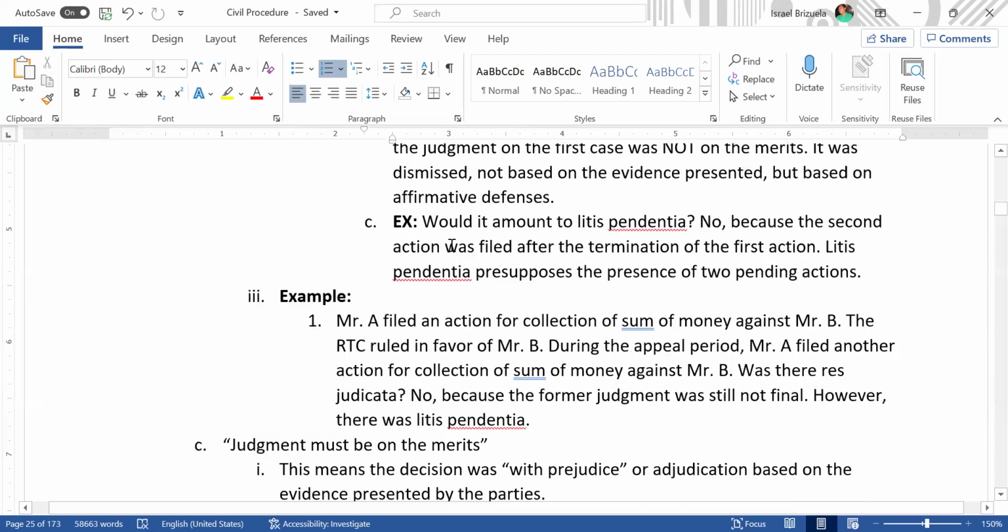Another question, would it amount to litis pendentia? No, because the second action was filed after the termination of the first action. Litis pendentia presupposes the presence of two pending actions,